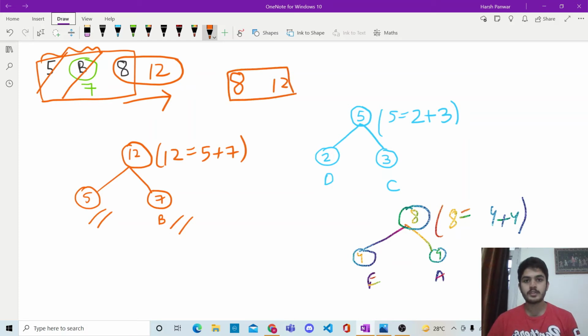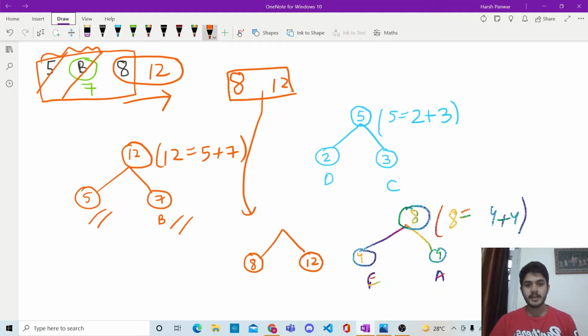Now again we'll follow the same pattern. 8, this is one node, 12, this is another node, introduce two edges, create a final node, and the number has to be the sum of 8 and 12, so it is 20, because 20 is equal to 8 plus 12. Now since we have done our calculations using 8 and 12, cancel out 8 and 12 from the list